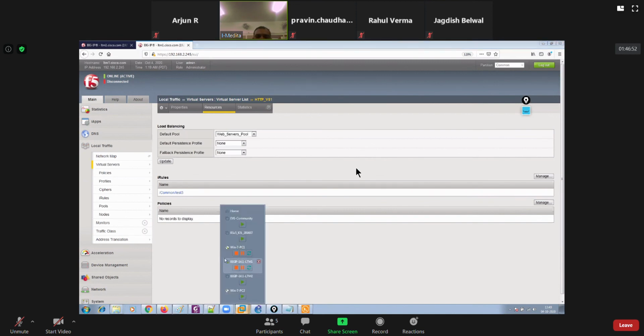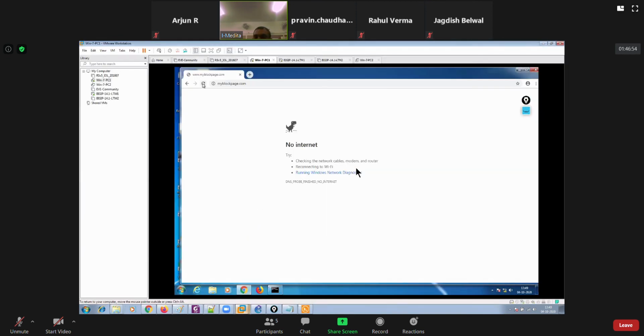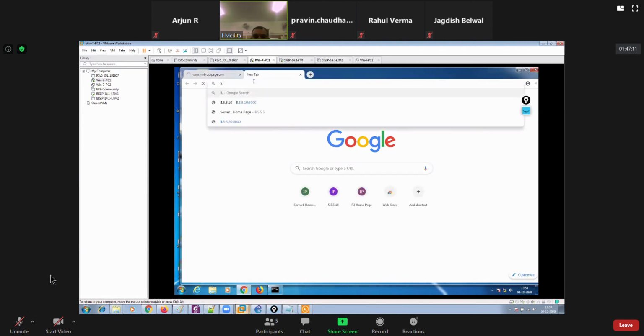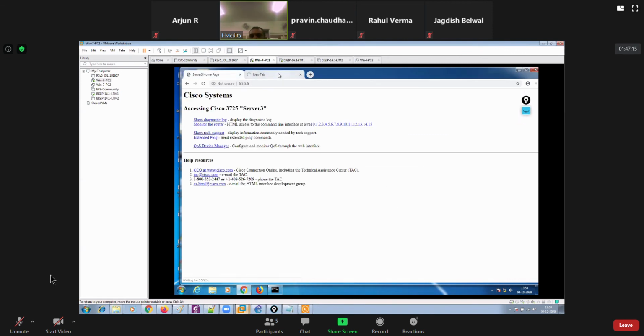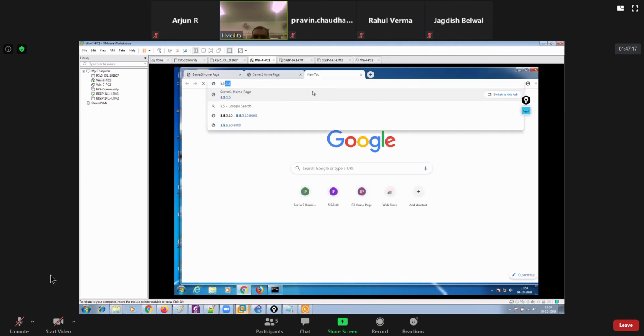Thereafter, go back to your client machine. This time no redirection should take place, right? And we should have access to the site. 5.5.5. Which is good. This is also good.